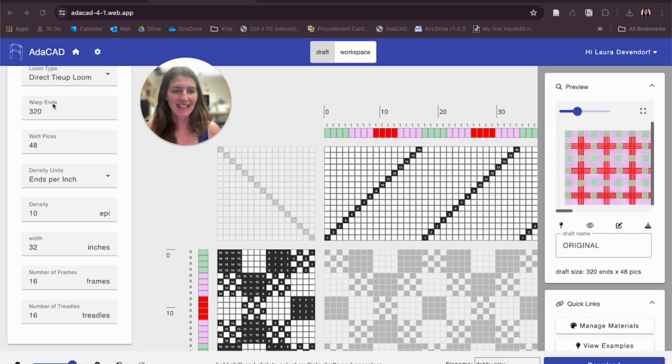So to download this, I have given it a name here. It's called Original. I made a few different versions and I called this Original. I can change this to Dobby Crosses 1. I changed the name there so that when I export it, the file name says